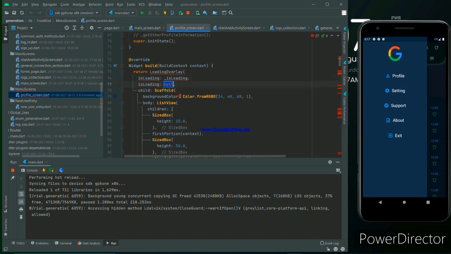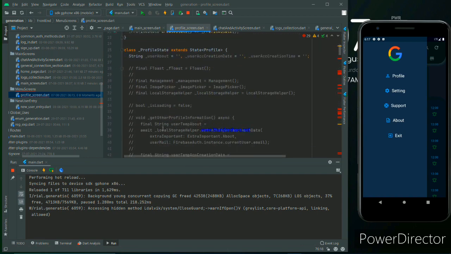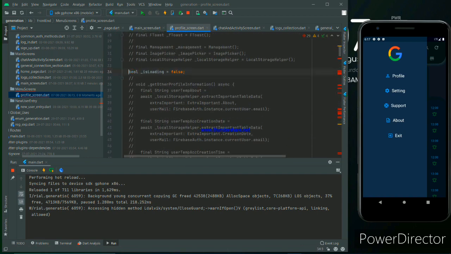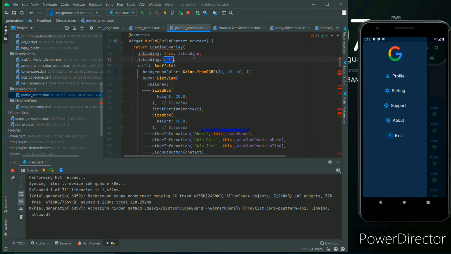What's the problem, man? Just a minute. I actually deleted the isLoading function. I didn't delete it, I think, because this is required for loading as well. It's not required for now while making the UI, but it is required at the backend when we change the profile picture and all other stuff. This is really irritating.